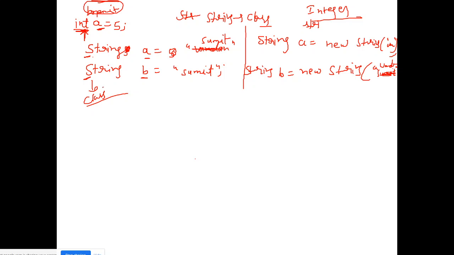Suppose likewise you have declared an integer variable, int a is equal to 5. Similarly, if you want to assign any string value to a string variable, you have the string class, right? So you have to define a string class, not this type of small string. There is no such concept in Java, right. If you want to compare a is equal to b, this is Sumit, this is also Sumit, both starting with small letter.